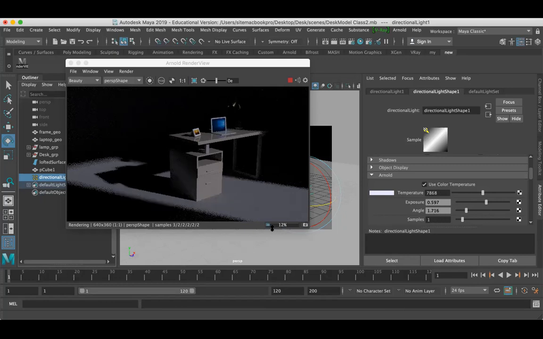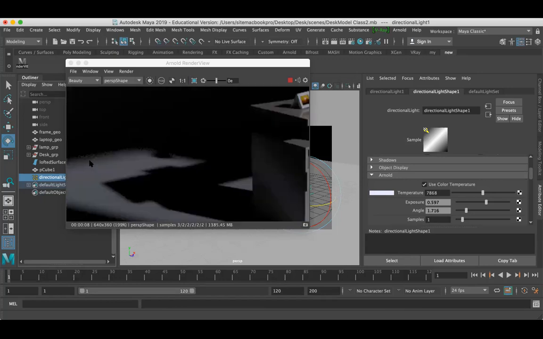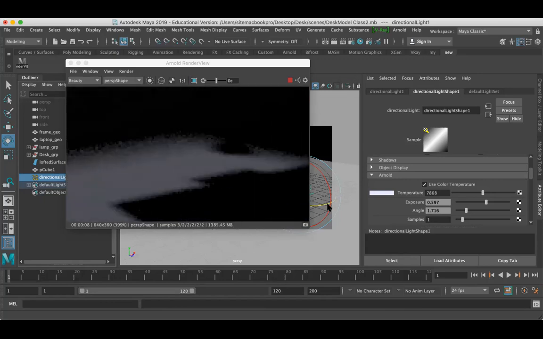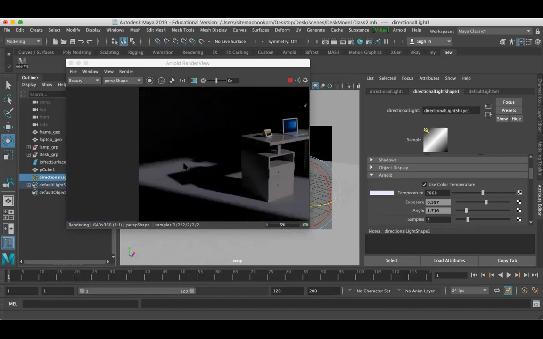Nearly that value. Here you can see the render is going on. Yeah, it's done. It took 8 seconds to render the scene. Now I have samples here. You can see some noise over here. Guys, look here, there is some noise. To avoid the noise, I'm going to increase the samples. So I'm going to use 2 samples. Once I use 2 samples, you will find it is far better than the previous.